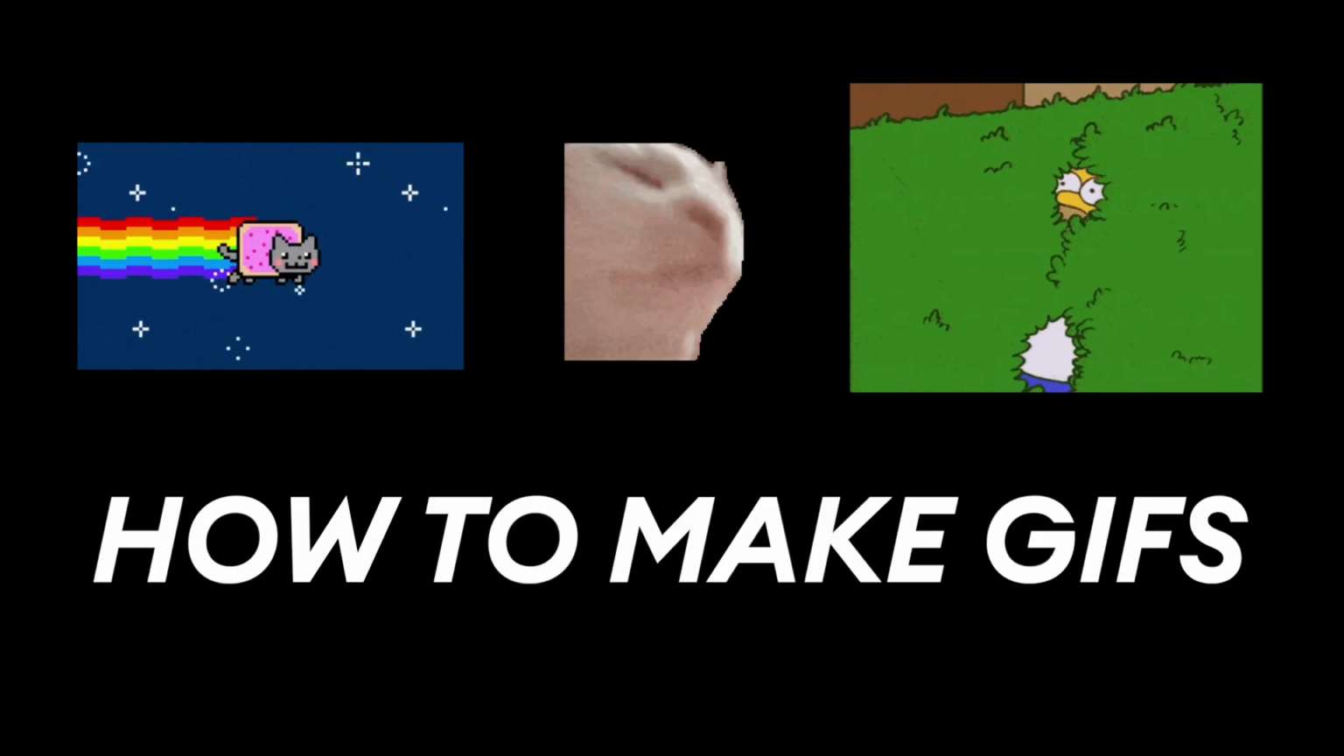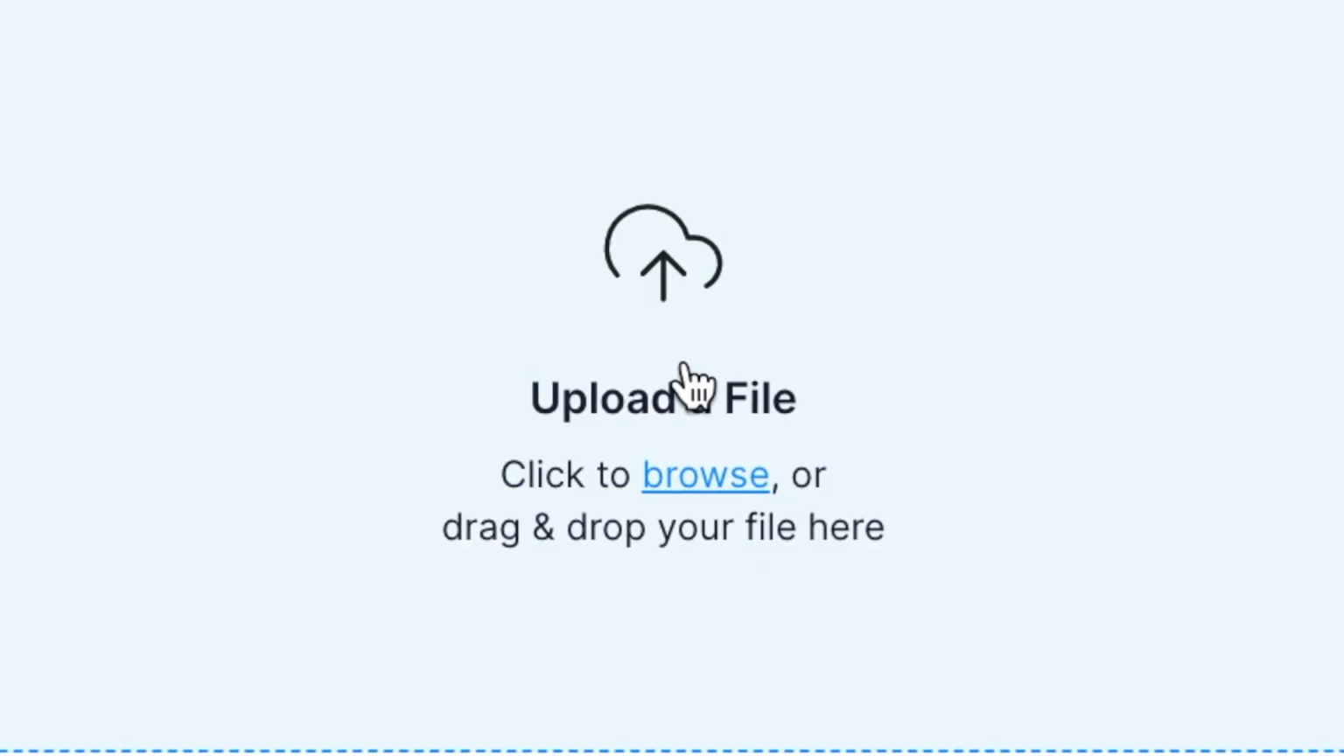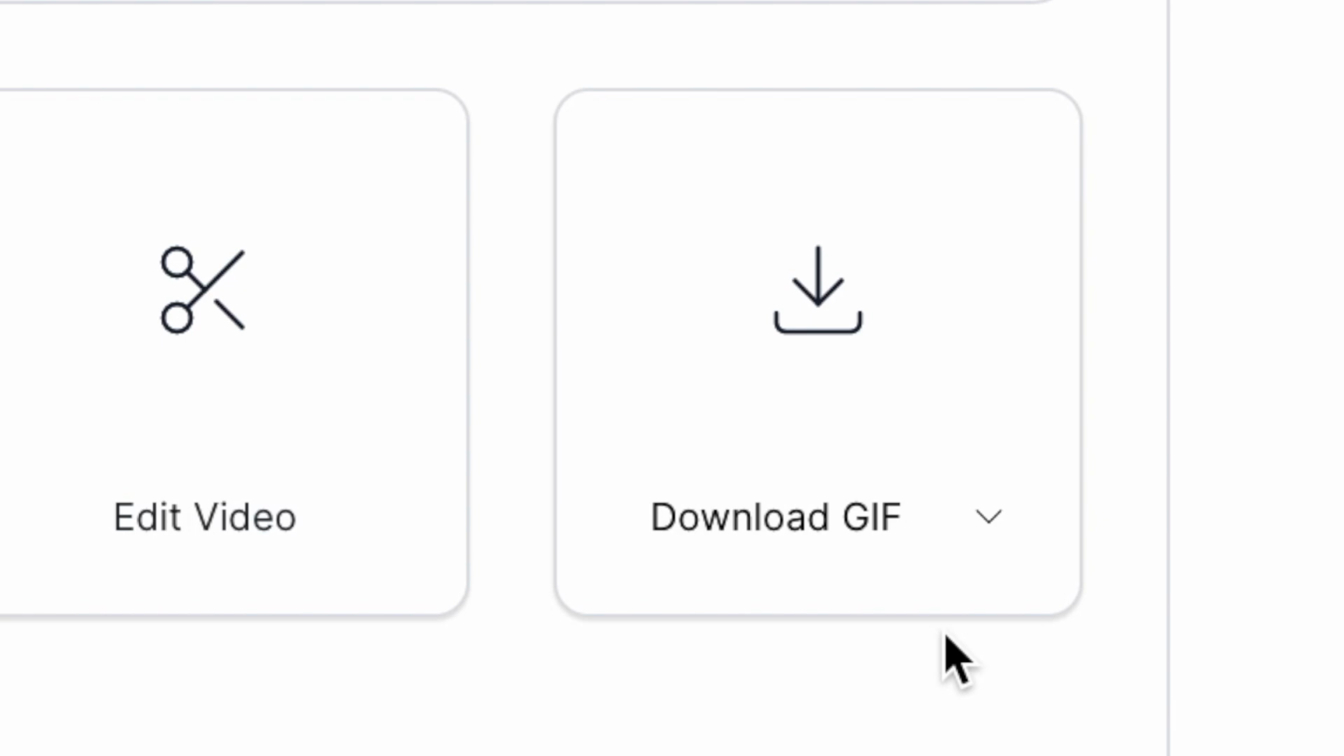How to make GIFs online. A GIF is a small animated image file often used for sharing jokes, reactions and memes. In this tutorial, I'm going to show you how to turn any video file into a GIF in just a